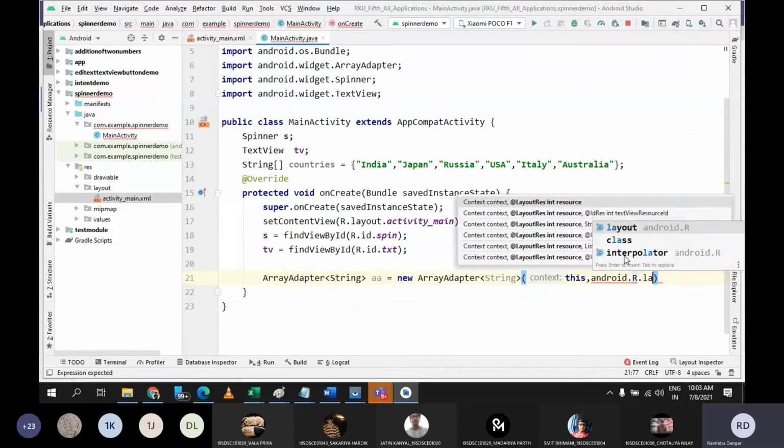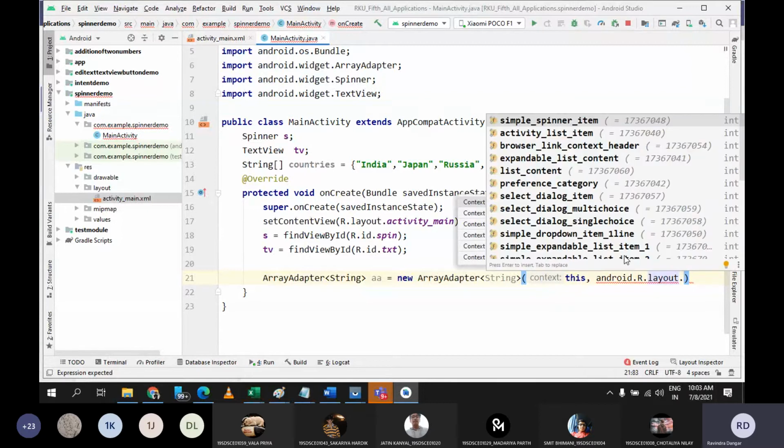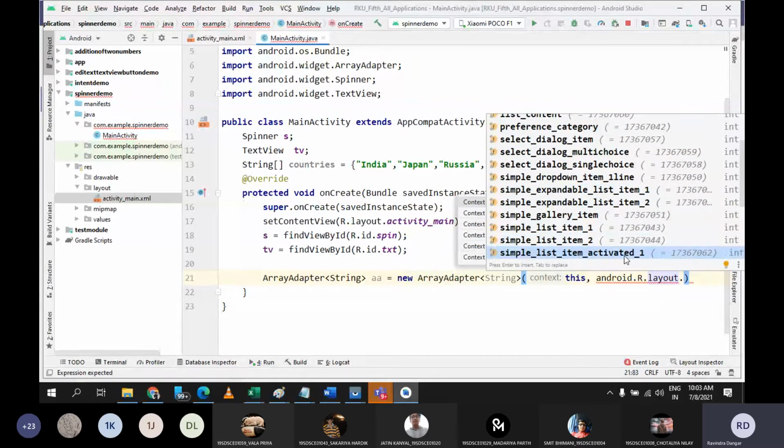Now inside the layout there are certain default patterns. So I can go with layout dot, and now you can see simple spinner item is there, expandable list content is there, a dialog item is also there, drop down item, expandable list item, simple list item 1 is also there. If I go with 1, 2, then minor modifications will be there.